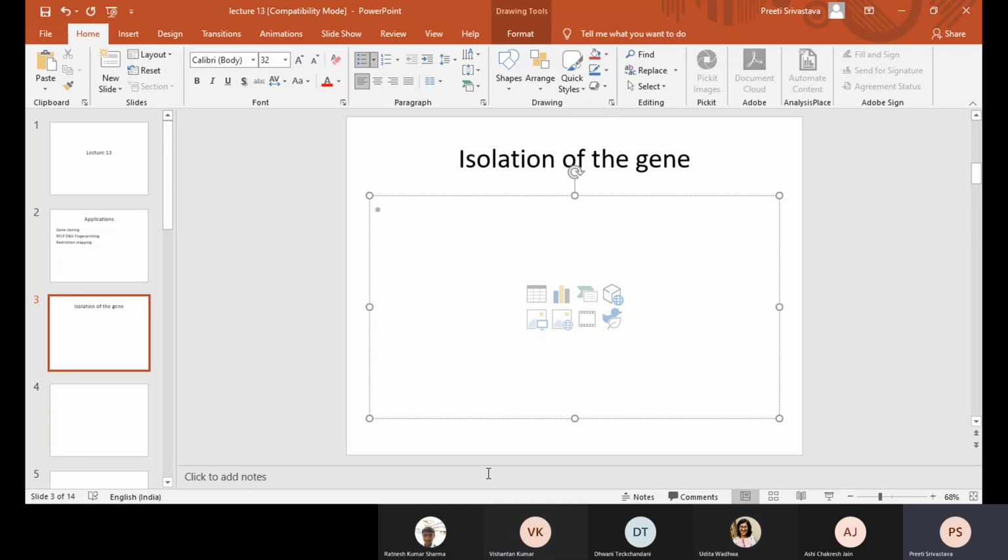So the point is, when we want to isolate the gene from the genomic DNA, I told you that we can use a 6 base pair cutter, remember? Or you can use a 4 base pair cutter. These are restriction enzymes which recognize a 4 base pair sequence or a 6 base pair sequence, and therefore the cutting will be, in case of a 4 base pair cutter, after every 256 bases, and in case of a 6 base pair cutter, after every 4096 bases, right? And that too when the GC content is 50%.